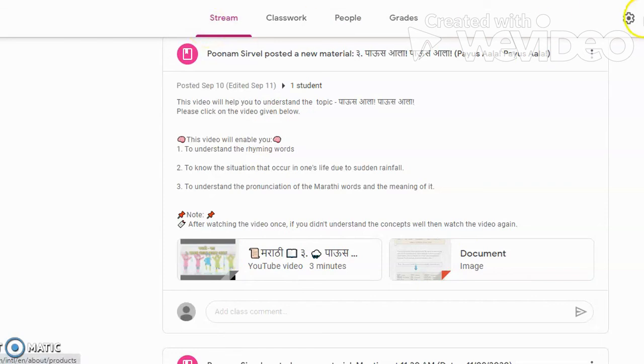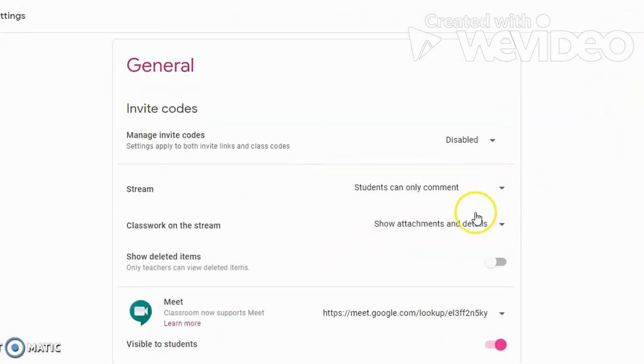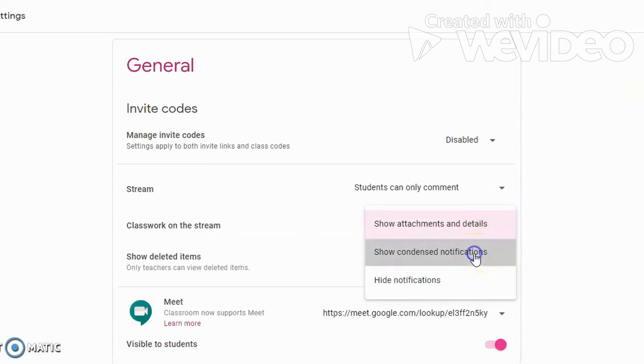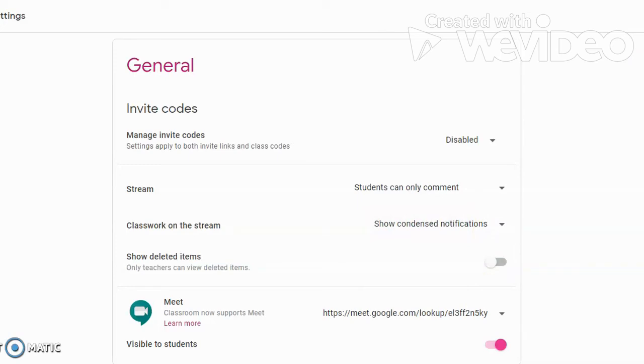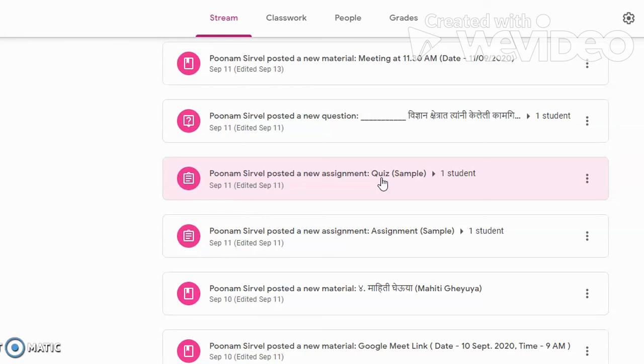If you keep it to show condensed notifications, save. Then only the title will be seen.